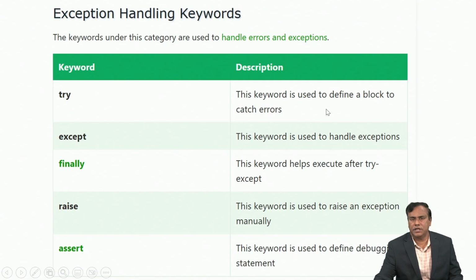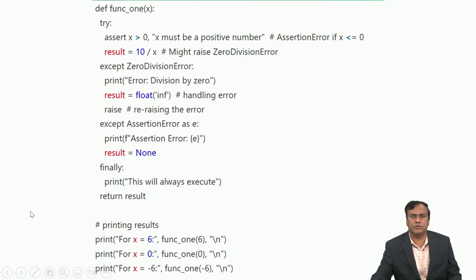So the try keyword is used to define a block to catch the errors, and except, this keyword is to handle the exceptions, and finally this keyword helps to execute after try and except. And raise, this keyword is used to raise an exception, and assert, this keyword is used to define a debugging statement. So this is the code which demonstrates the use of these keywords like except, try, raise, finally, and assert. So this is the definition,